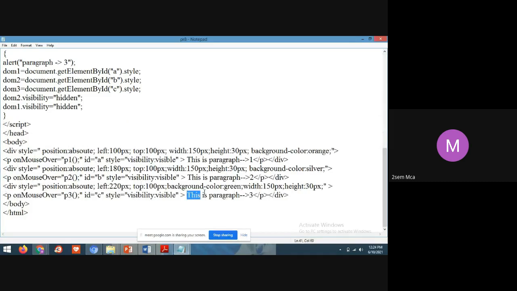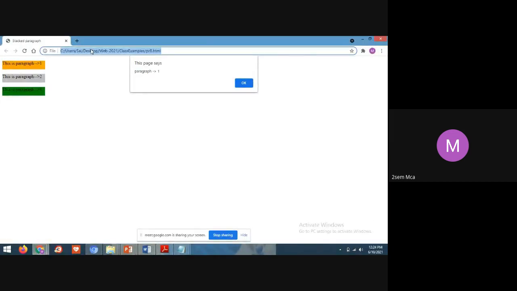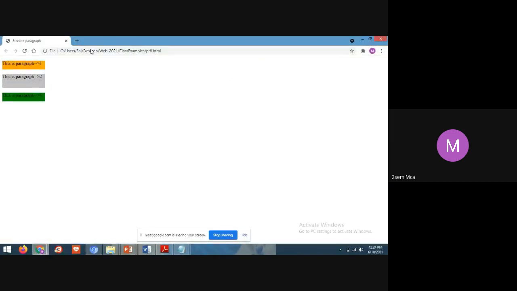Here what we have written is displaying, that is paragraph 1, paragraph 2, and paragraph 3. You can change the height value. So the height value is changed.